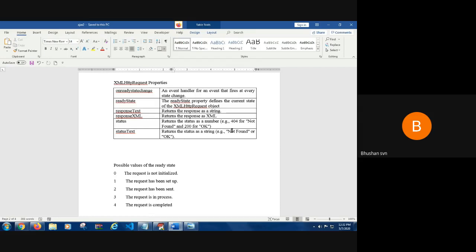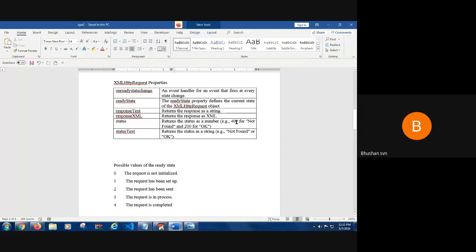You would have seen in many cases HTTP 404, HTTP 403, 401. So status will display only the number, and statusText will display the text. So you know the difference between status and statusText: one returns the number, the other returns the string.